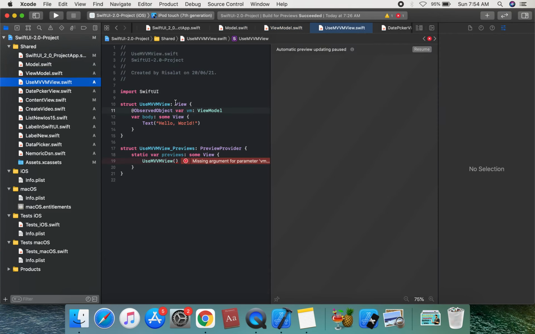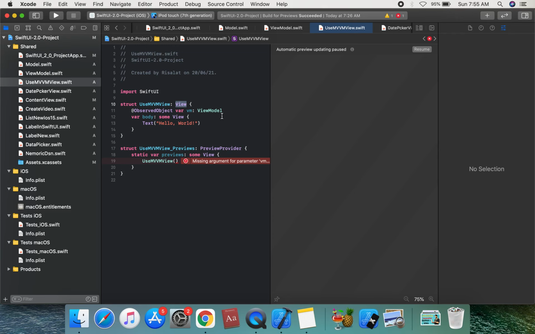So what is a view? First of all, we will discuss the view. A view displays visual elements and controls on the screen. They are typically subclasses of View.